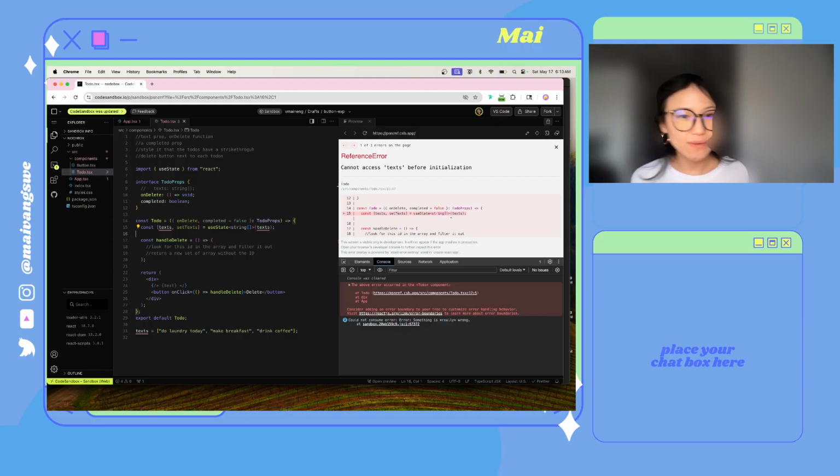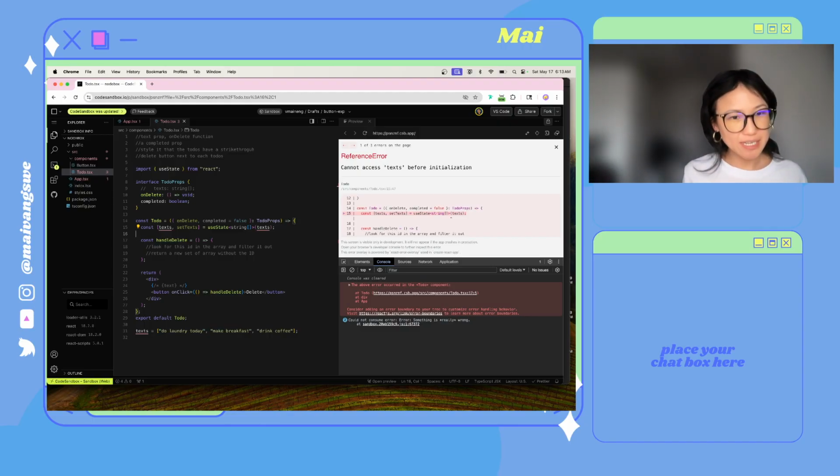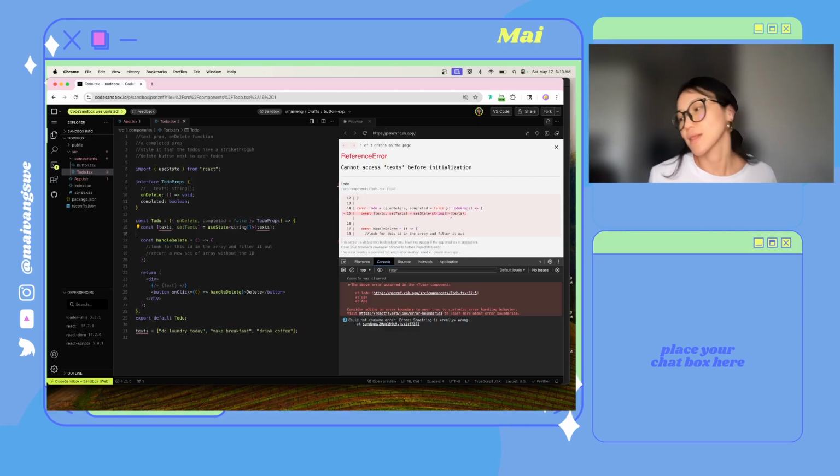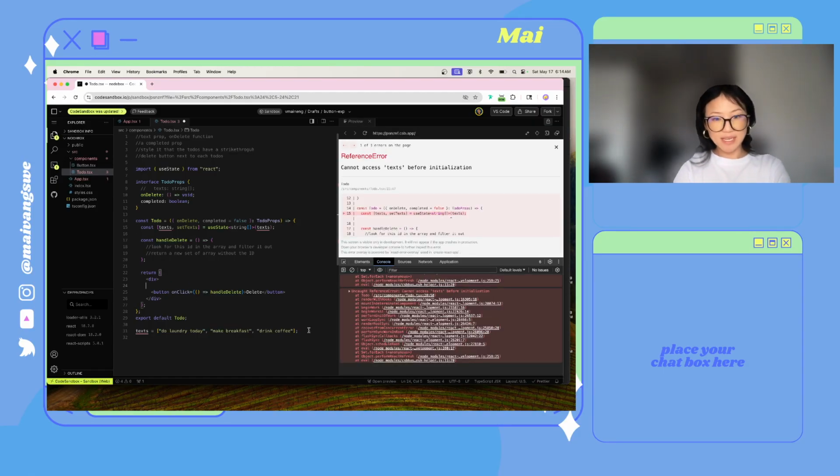So we're gonna import useState from React. We're gonna do an interface up top, TodoProps. We're gonna do an onDelete, completed boolean, onDelete. Yes, we're gonna pass in the props. We're gonna say that hey, text is equal to this. Cannot access text before initialization. Yeah, let me delete this. I'm saying that this